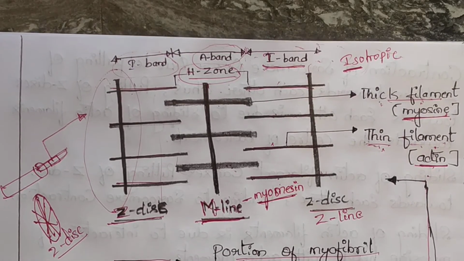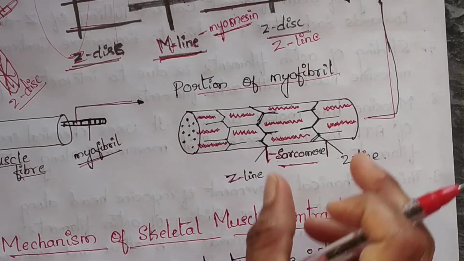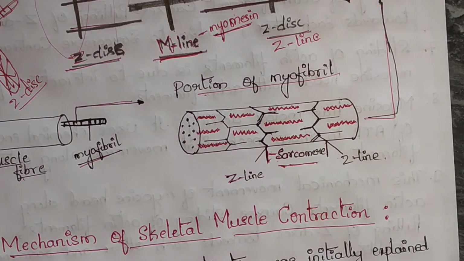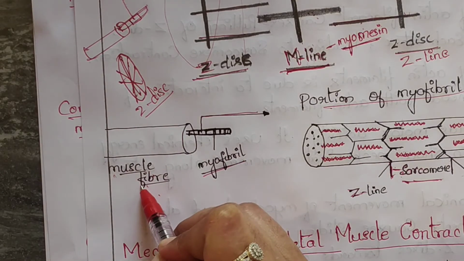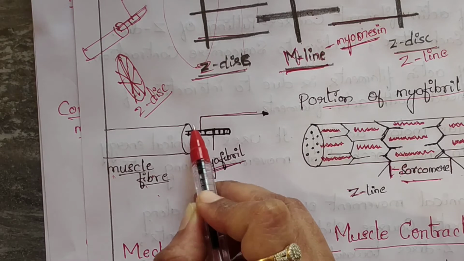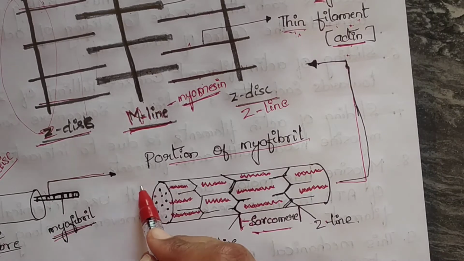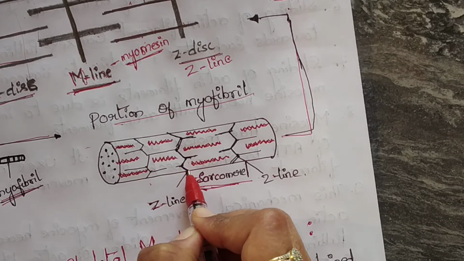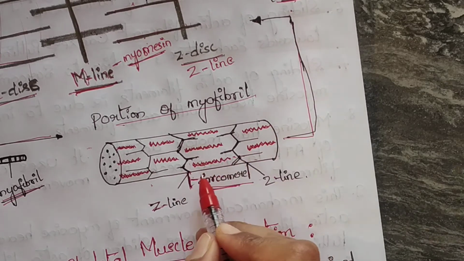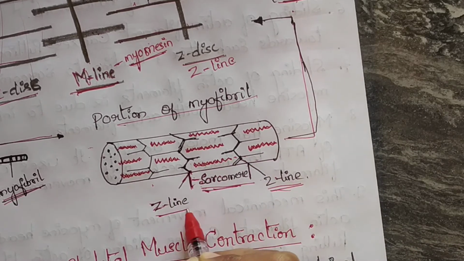And coming to the peripheral, which are located at the edge of the sarcomere. So here you can see in the diagram, this is the myofiber, that is the muscle cell. It contains the myofibril. Myofibril contains a series of basic units of sarcomere, and when we zoom in on this portion, here you can see the sarcomere. From here to here forms the sarcomere, and at the end you can see the Z lines. Z lines are also called Z disc.